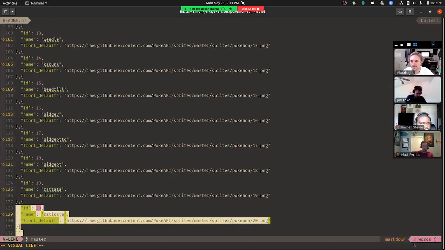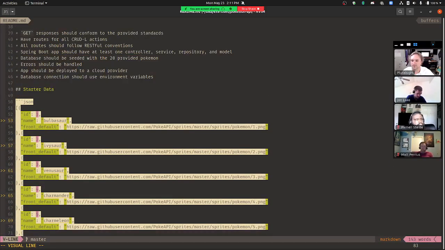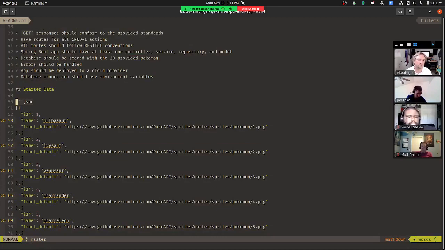I give you some data, and you have to figure out how to put that in an API following the instructions. And then when we're doing our capstones, you'll do that same thing. You'll make an API, you'll have it store data, and that's it. That's what we're doing. Questions?